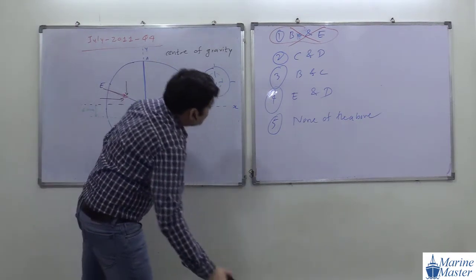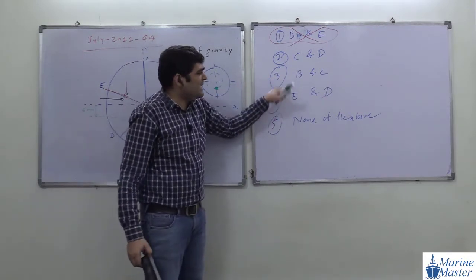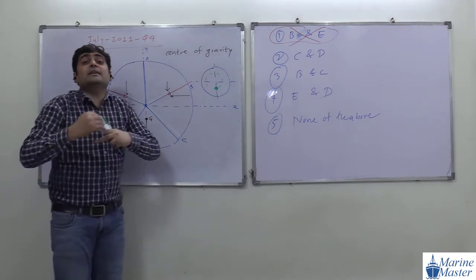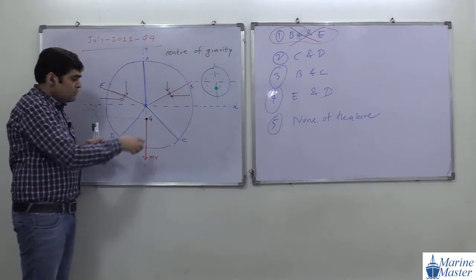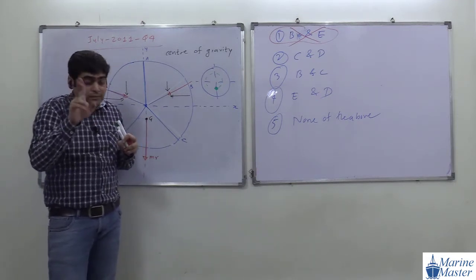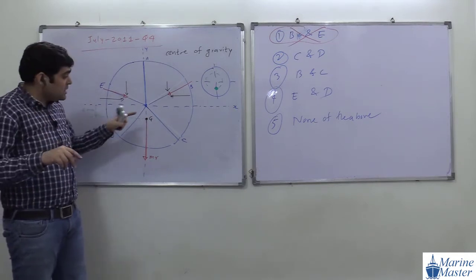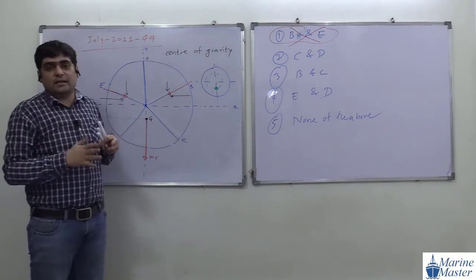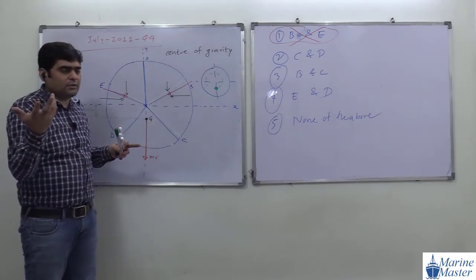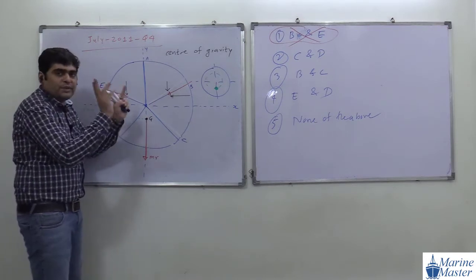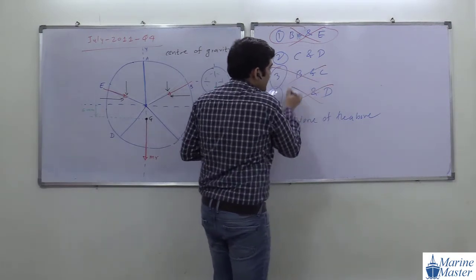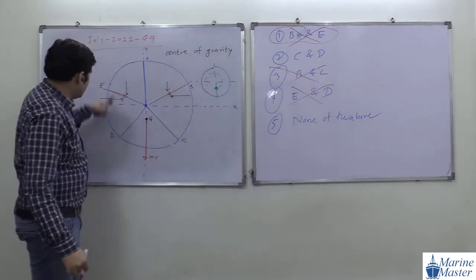Now what about C and D? See, B and C and E and D. We are saying we are removing material evenly from each of the veins, from the first vein and the second vein the same material. If you take B and C, there is no logic behind that. There must be a proper balance between the two veins. So these options, B and C and E and D, are also not possible.